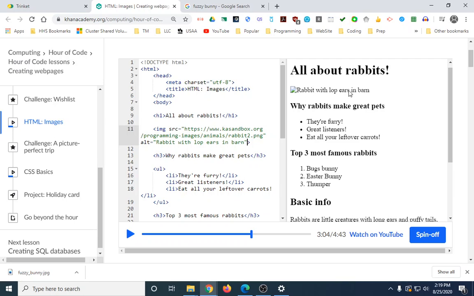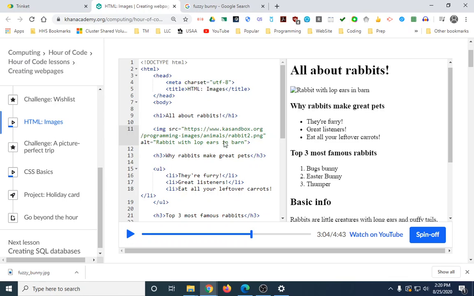So I want to point that out for a couple of reasons. One, not only is it the right thing to do to really explain what that photo is for someone who can't see it, but if you go into business, and this is what this is all about, right? We're teaching you how to build and design web pages. If you go into business, this is required by law. So again, she'll go over what I just kind of said, but she doesn't point out that if you go into business, it's required by law to put this into it. So with that, again,